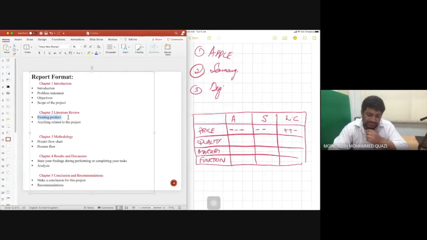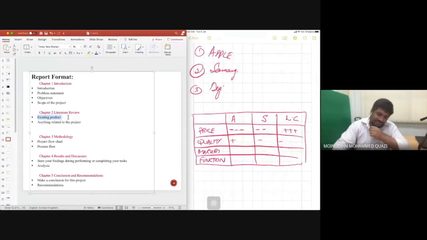Then the quality of Apple Pencil is sometimes okay, sometimes we need to go to the warranty center and replace them. So we give them, let's say, just a normal positive one only. Samsung is not very reliable sometimes, so we give negative. And the local ones are actually very bad quality, so we give them 3 negative.